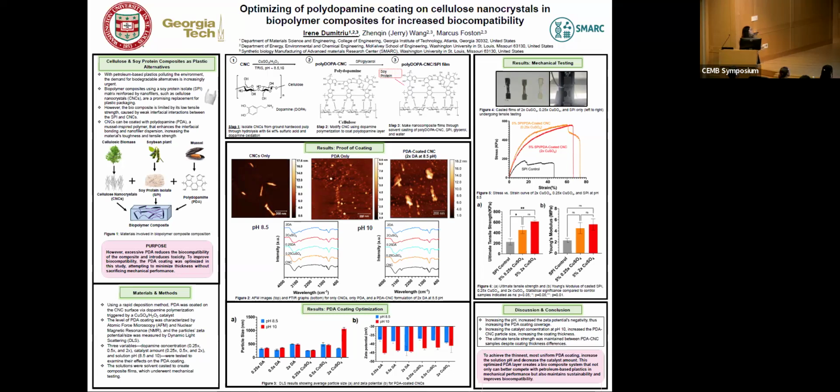It's very small, but that peak represents our carbon-to-carbon double bond that's present only in dopamine, and it's non-existent on our cellulose. So here we've also verified that we have a PDA coating on top of our CNCs. With this verification, we can then move on to actually optimizing this coating thickness, and we use dynamic light scattering,